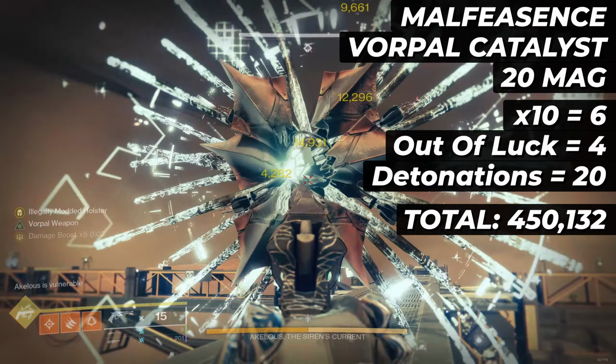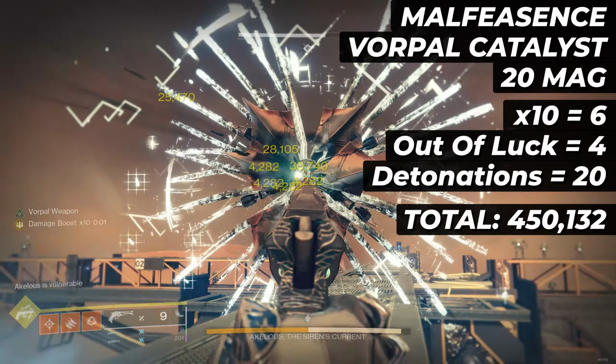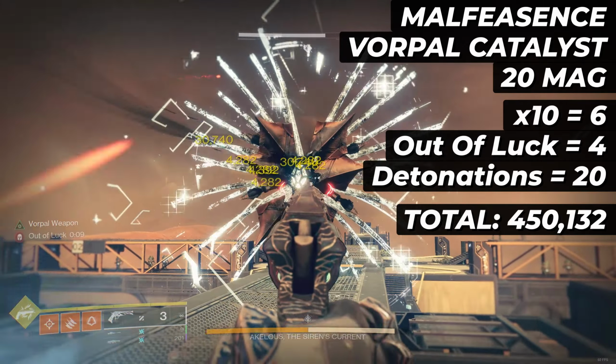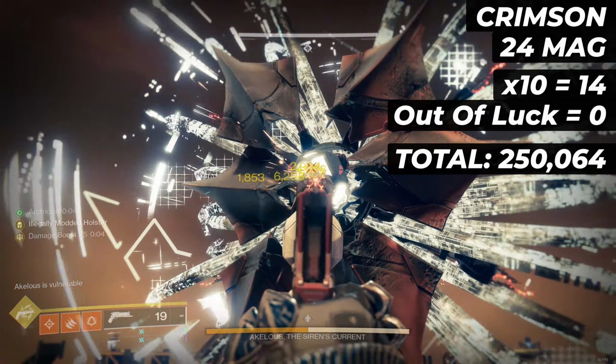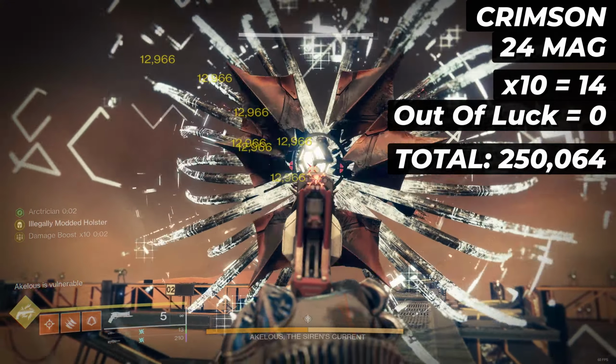388,076. Malfeasance fired 6 bullets at 10 stacks, 4 out of luck, and 20 explosive slug detonations, for total damage of 450,132. And Crimson fired 14 bullets at 10 stacks, with none out of luck as the mag emptied just before the buff ran out, for total damage of